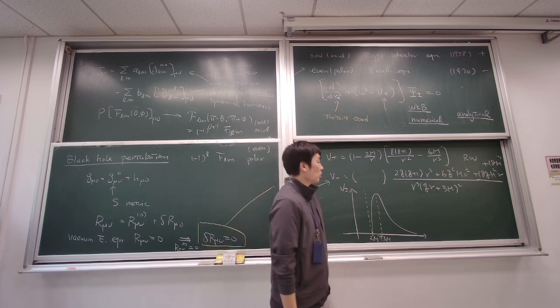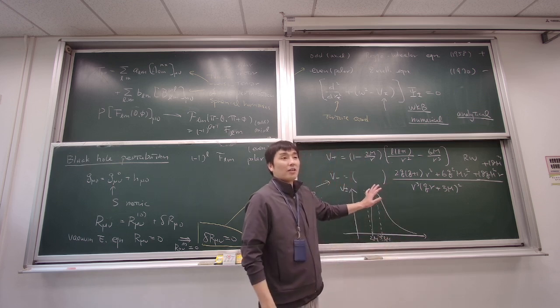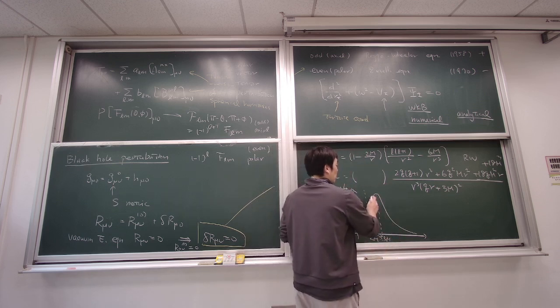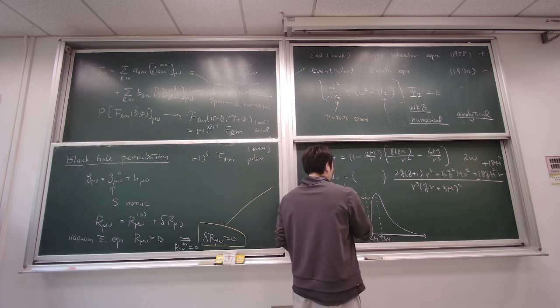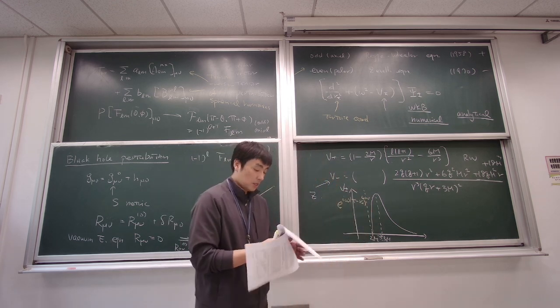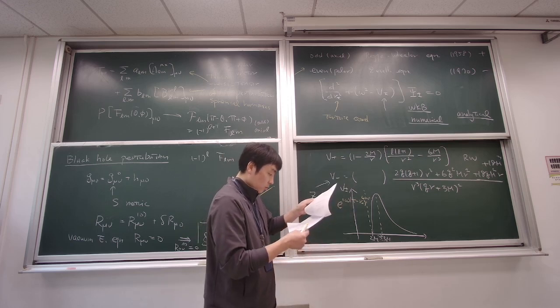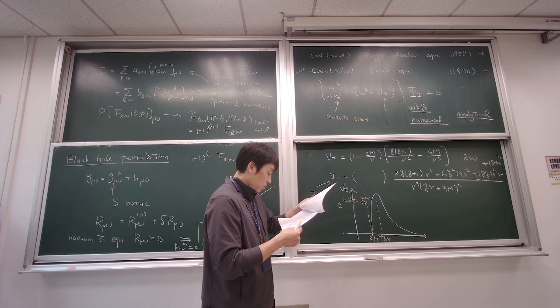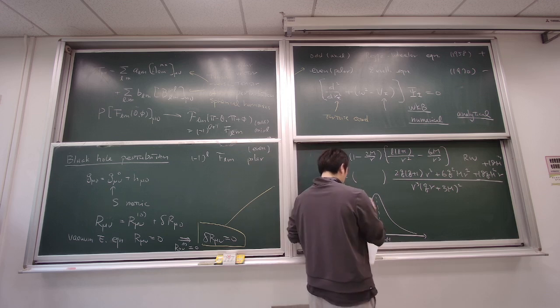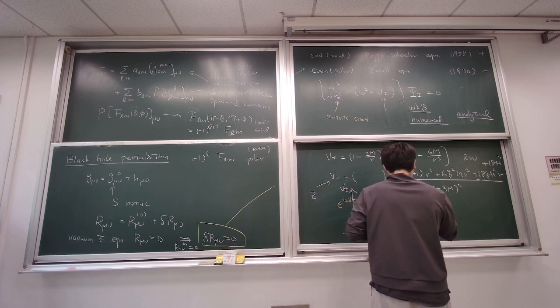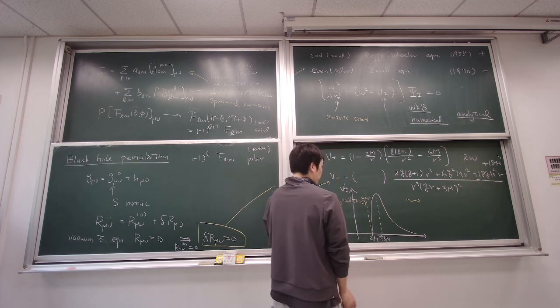So the boundary condition you have to impose is that, of course, in a black hole, nobody can escape from the horizon. So it has to be ingoing at the horizon, so something like e to the i omega (t minus r star). I don't remember the detail. I don't know which one is the ingoing notation in my notation. In my notation, it should be somehow plus, and then here is at the infinity. So this is ingoing